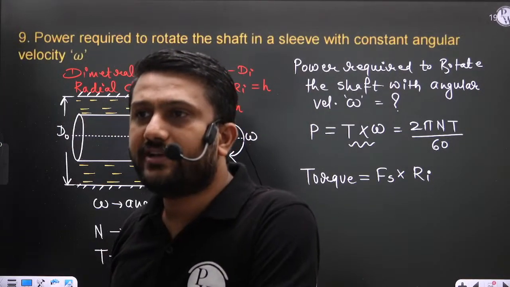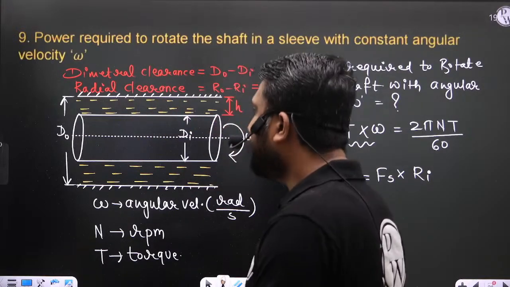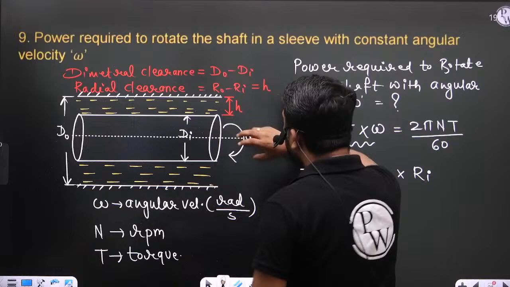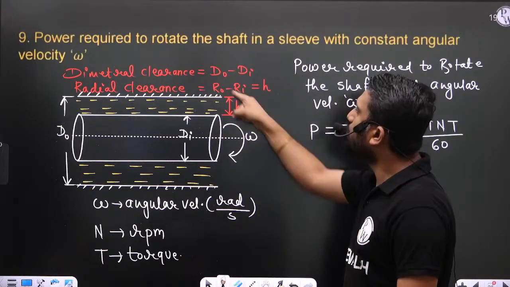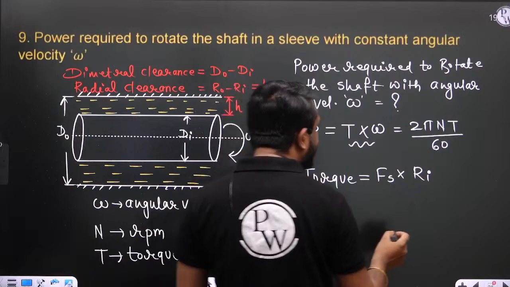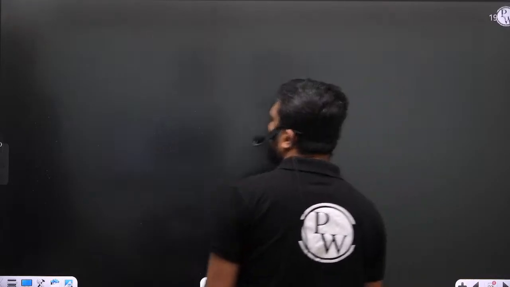Sir, how will Fs generate? See, the shaft is trying to rotate. So what about this lubricant? If you see the cross section of the shaft, let us consider